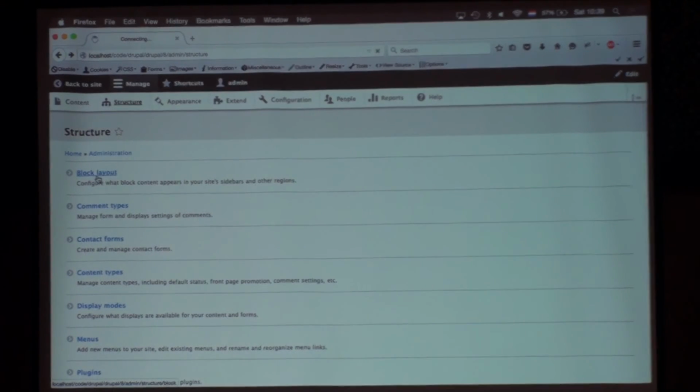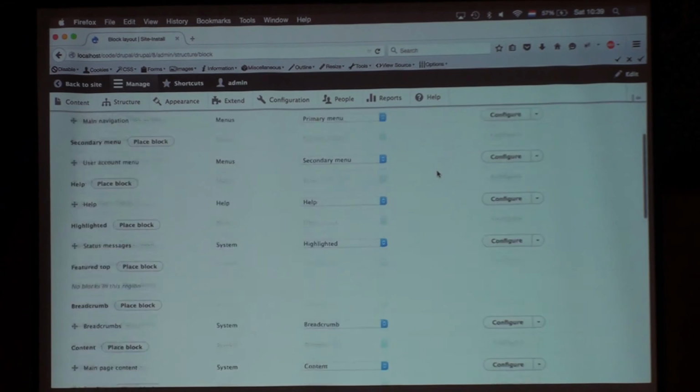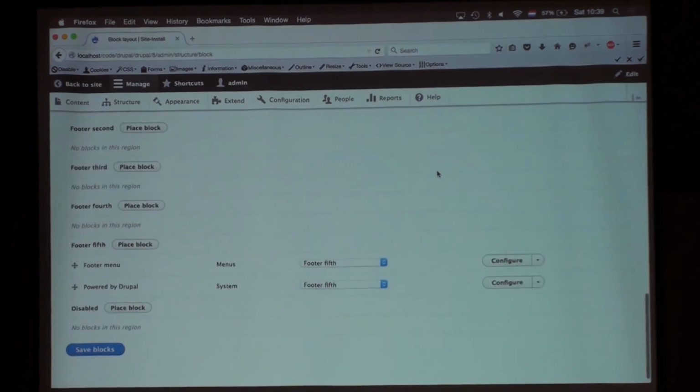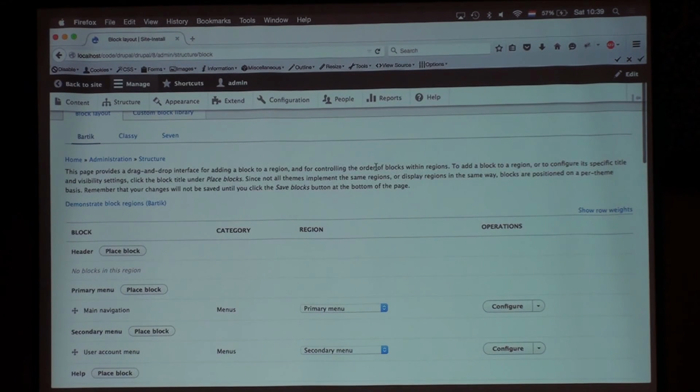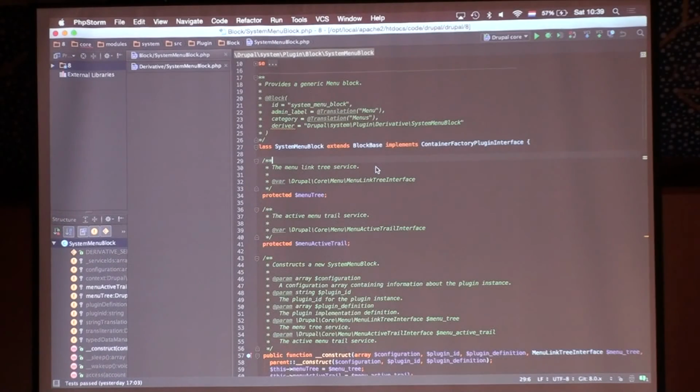I am a developer, so I need to figure out where the blocks are. Yes, okay. So this is basically the Drupal 7 blocks page, but revamped for Drupal 8. We see a bunch of options here of the available blocks that are in the system. So let's add one. The thing with annotated classes is, as I said before, they have to live in a